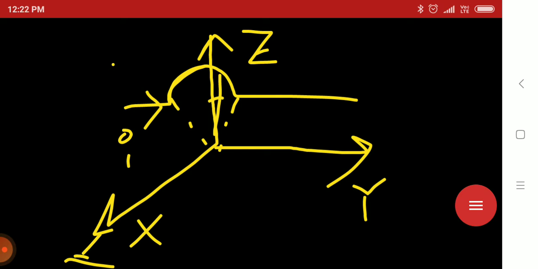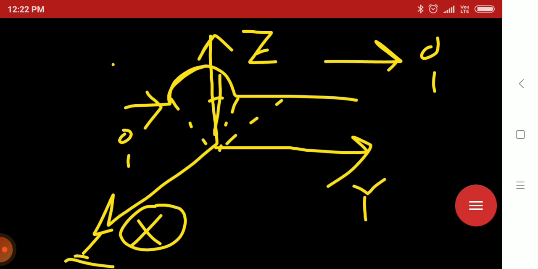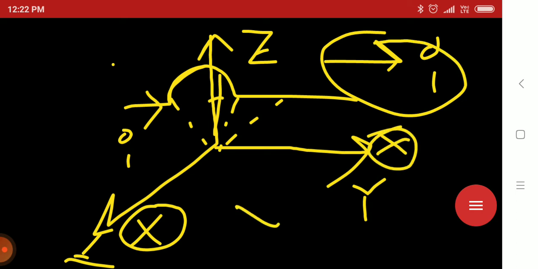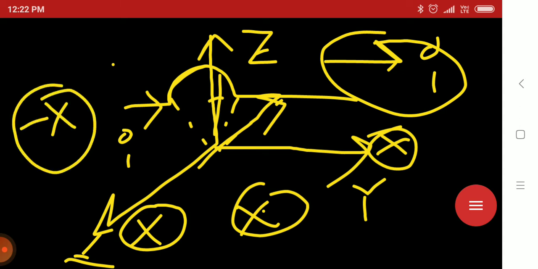First of all, we have to know the direction of magnetic field B, as the current is flowing in this direction, the positive y-axis. According to the thumb rule, the direction of magnetic field will be positive x-axis on one side and negative x-axis here. So when the current is flowing along the y-axis, the magnetic field direction will be this side, into the page. This means the negative x direction.